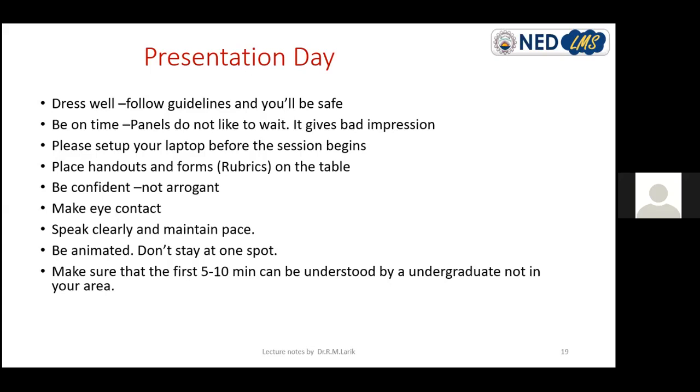Make sure that you are confident, not arrogant, and not aggressive, right? Make eye contact with the examiners, make eye contact with the panel, so that they feel that you are confident enough to defend. If you do not make eye contact, you are just reading and looking here and there. This gives a bad impression to the examiners and the committee, that you wouldn't focus, you wouldn't clarify your things, right? So do animations and make sure that everything is clear. Your voice must be clear in front of examiners. Your presentation should be very clear.